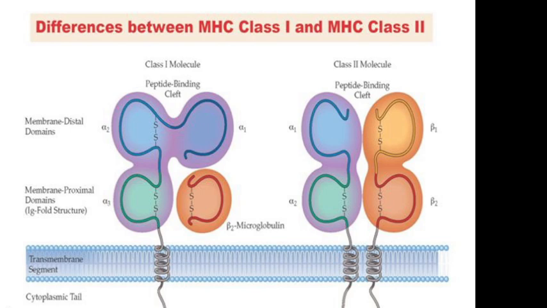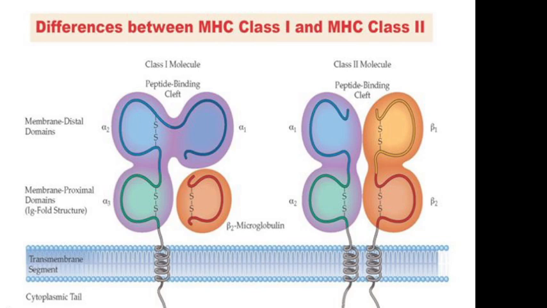As we see in the picture, on the left hand side we have the class 1 MHC molecule and on the right hand side we have the class 2 MHC molecule. Now, what is the function of these MHC molecules? MHC molecules perform the most important function of distinguishing between a self molecule and a non-self molecule. For example, a foreign molecule that enters our body is considered to be a foreign or non-self